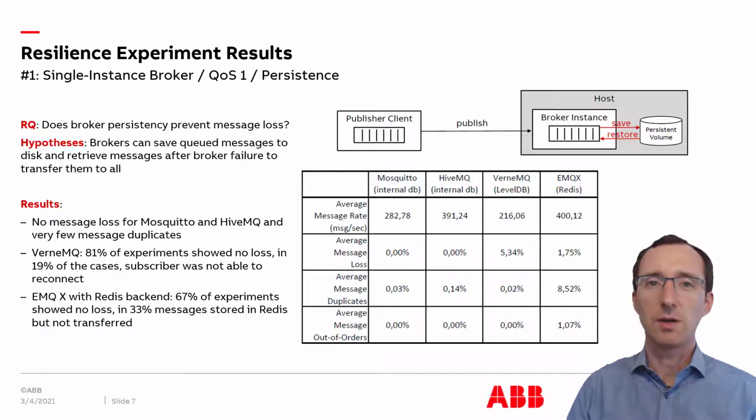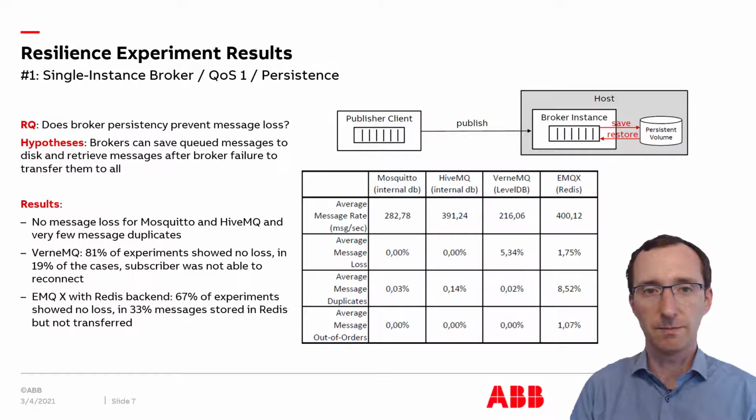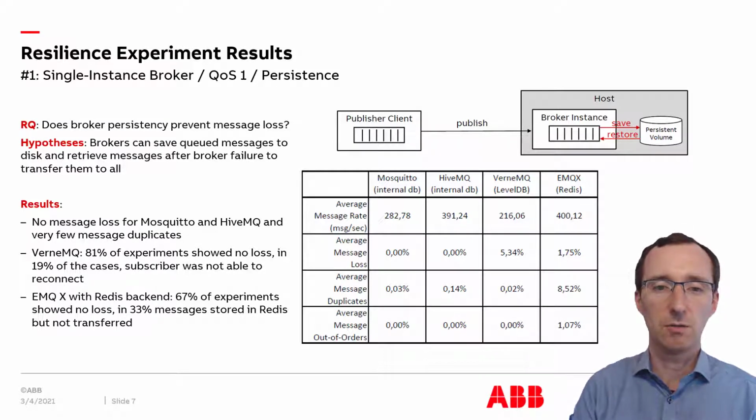Let's now have a look at the results of our experiments. For all of the experiments, we tried to provoke failure scenarios and wanted to see how the different variants can cope with those. The first set of experiments deals with single instance brokers with persistency. Here we saw that both Mosquitto and HiveMQ didn't show any message loss over all of our experiments. We saw some duplicate message deliveries, but this is not a big problem because we are talking about MQTT QoS1